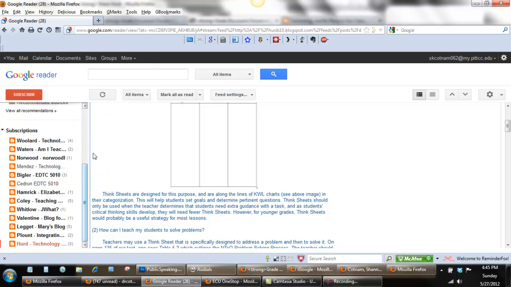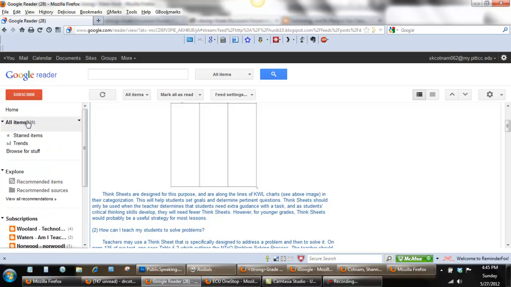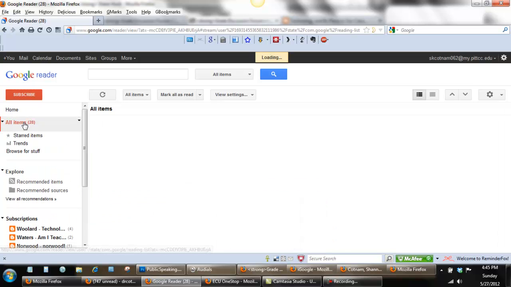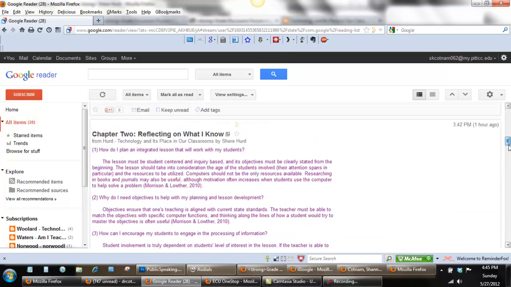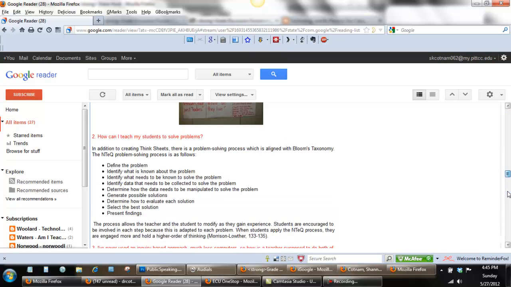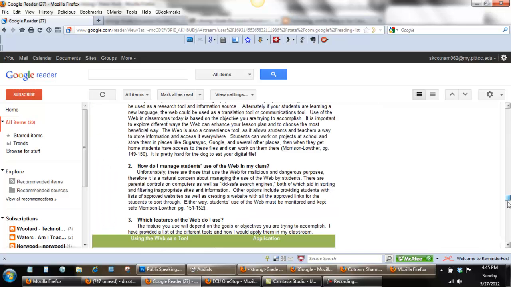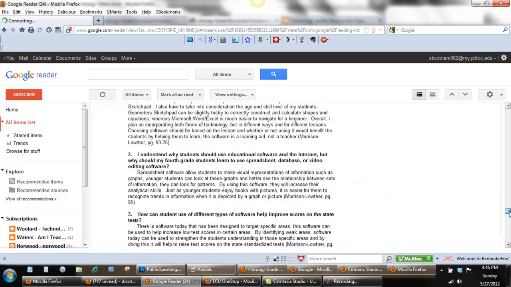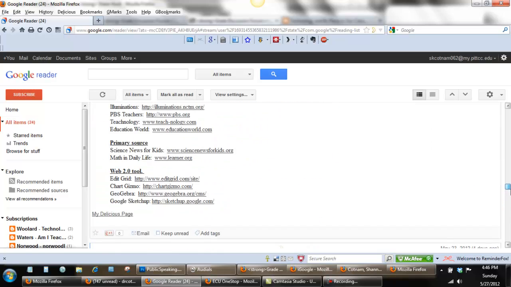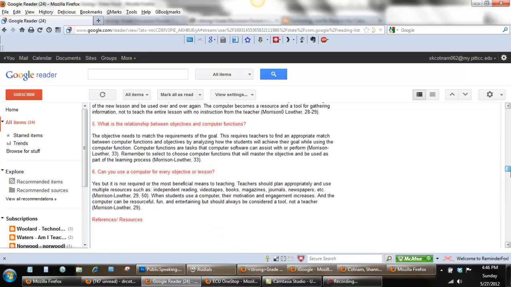And there are other ways to look at your Google Reader page. Once you've got all your subscriptions in, you can choose all items, and it will show all the posts in order, not necessarily from each student, but as each student posts a new post on their blog, it will show up in order. So you can see the images, tables, links, all of that is very useful to use in